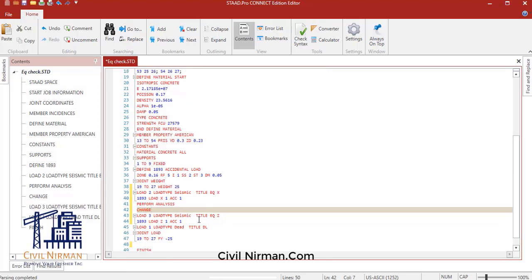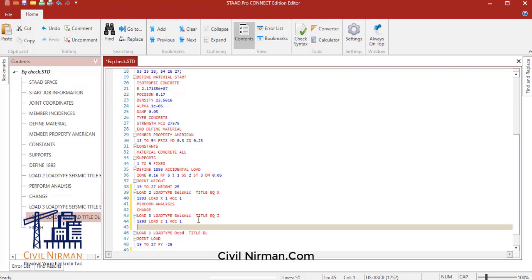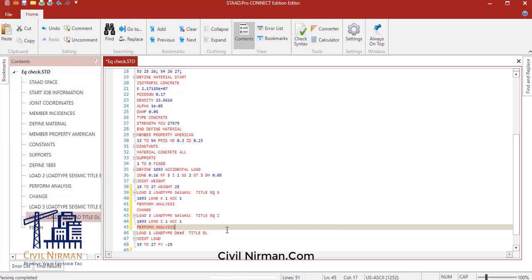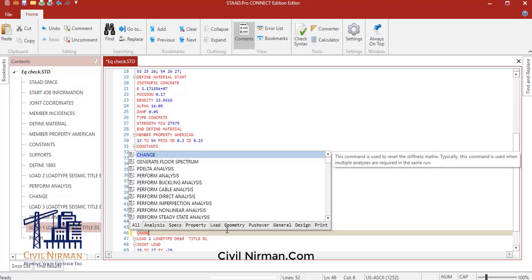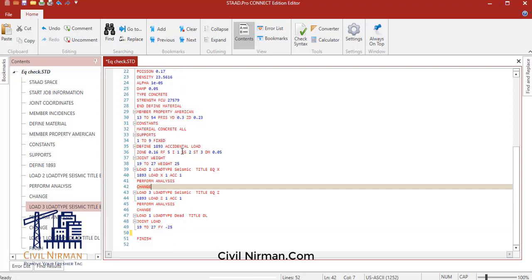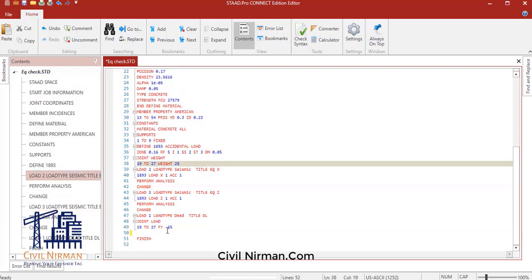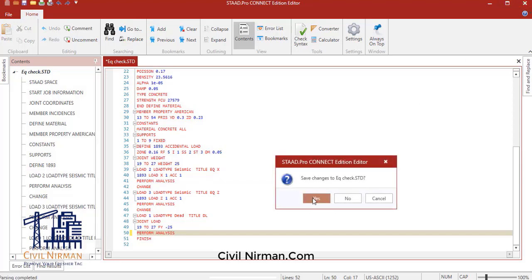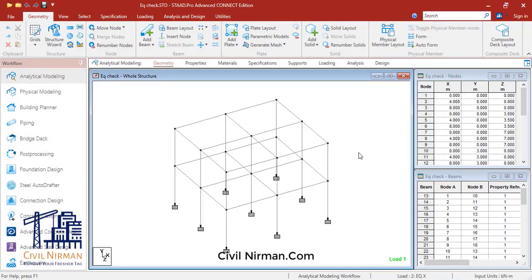In case of UBC IBC, you need to follow your load combination with perform analysis change, right? Otherwise it will give you a warning. So over here we have considered the seismic load after the seismic definition. Now let me just add a perform analysis command over here. Now we will run the analysis.